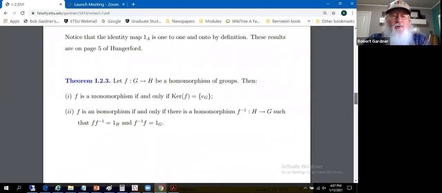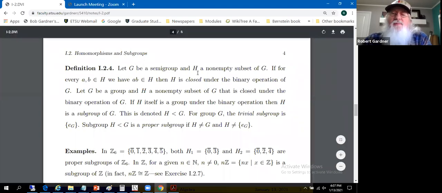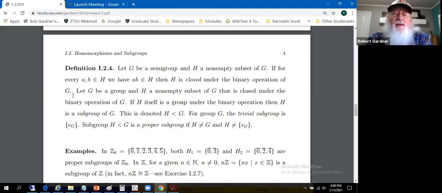Back to the notes, dealing with subgroups of a given group. Let G be a semigroup and H a non-empty subset of G. If for every A and B in H, we have AB in H, H being a set, then H is said to be closed under the binary operation of G. So closure of a set of elements under the binary operation. Let G be a group and H a non-empty subset of G that's closed under the binary operation of G. If H itself is a group under the binary operation, along with this closure property, then H is called a